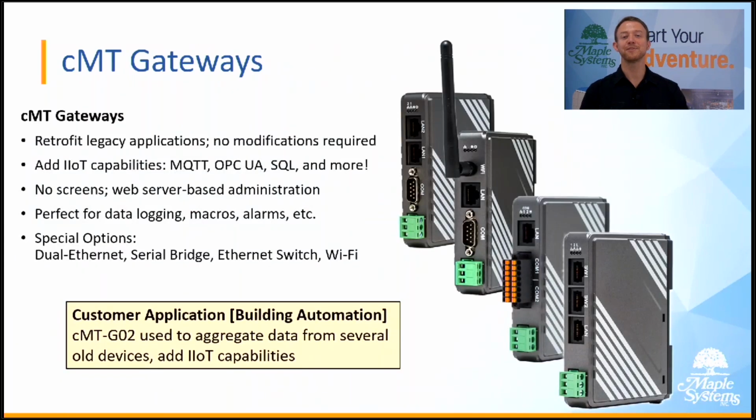Now for our cMT gateways, these are great for retrofitting a legacy application without requiring that you make any modifications. Maybe you don't want to modify your existing application, or maybe you can't. Let's say the programmer who created it originally has left. Maybe you don't even have the software that was used to create it originally, which would allow you to make edits. So you can still use a gateway though and get additional IIoT capabilities and extract data from this legacy